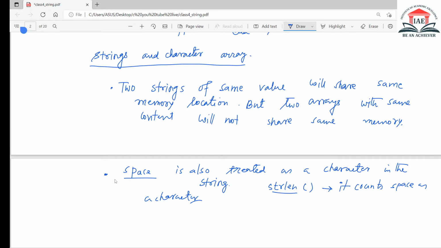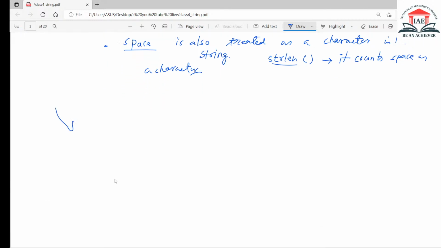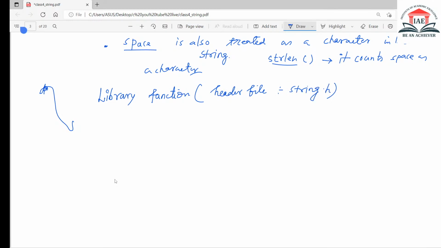The important thing, in respect of your normal WBUT exams as well as some interview purposes, is what are called library functions. When you have to use these library functions, you have to add the header file string.h. Generally, if we write the program, that is